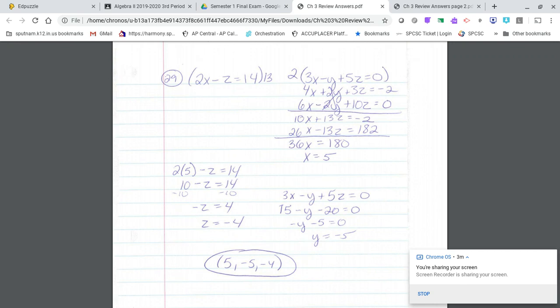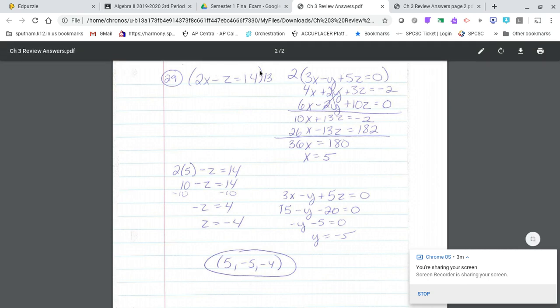29 is 3 equations and 3 variables. We did this. It's going to be hard just to follow my work. But remember that you have to solve for all 3 letters. It's like 3-dimensional, like x, y, and z plane. This one wasn't so bad because there's no y in this first equation. So I was able to